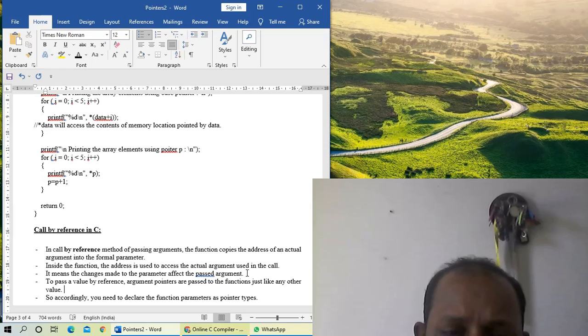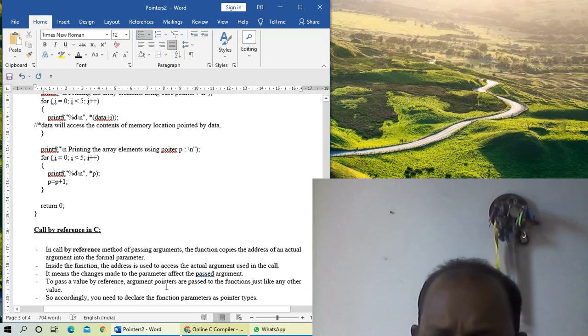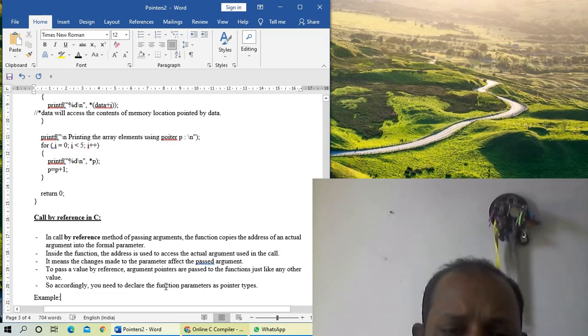Then how can we write functions to implement this pass by reference? In order to pass a value by reference, argument pointers are passed to the functions just like any other value. So here the formal parameters are mentioned as pointers.